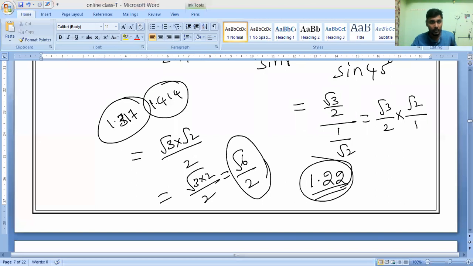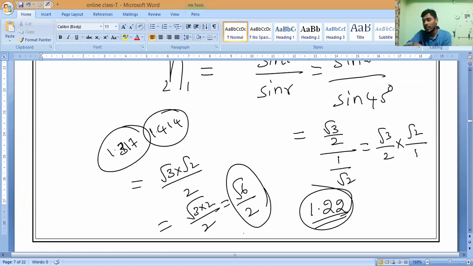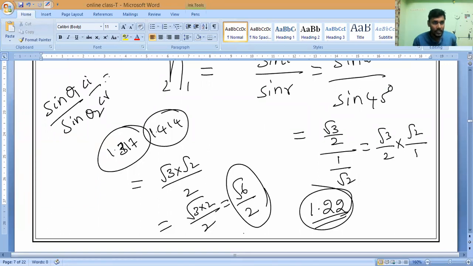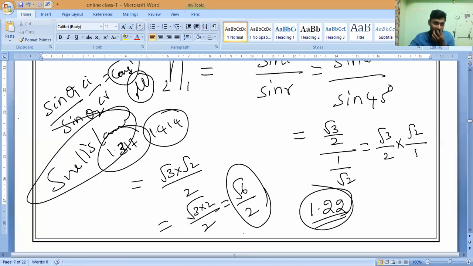Now let us go with this. Sir, one doubt: only sine values they will ask, right? They will never ask anything other than sine, because only Snell's law applies. Please remember, sin i by sin r, or sin theta 1 divided by sin theta 2, is equal to a constant. This constant we call the refractive index. This is called Snell's law. Is it okay, guys?